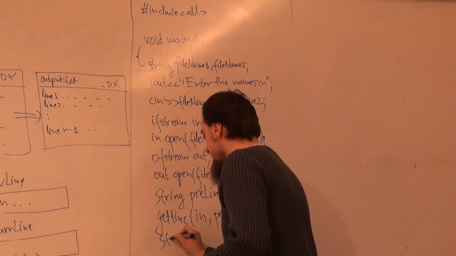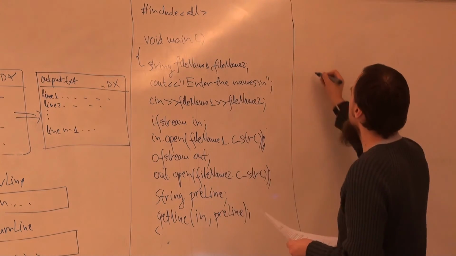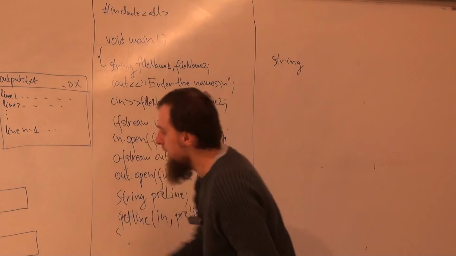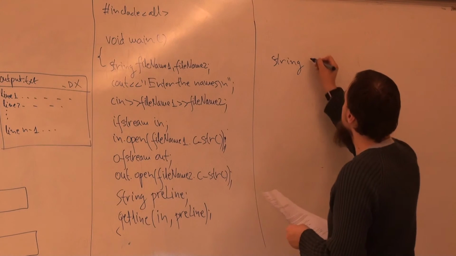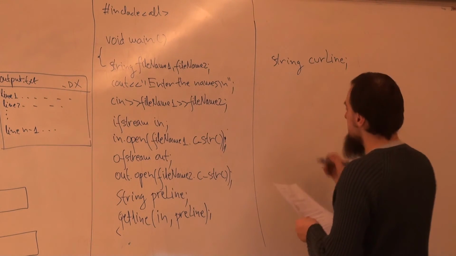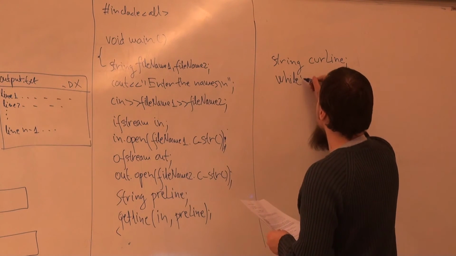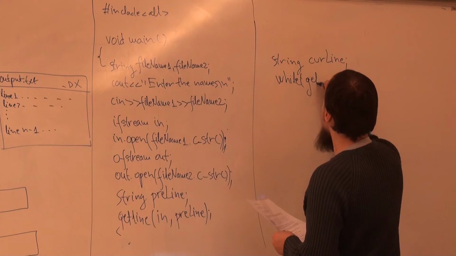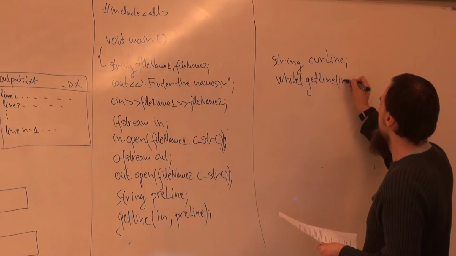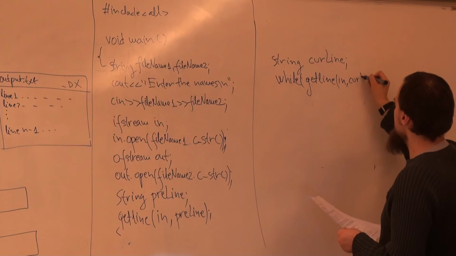Then I define another string, which is called current line. And this is what I'm doing. If I can get a new line, while getLine from the input file, and I put the text to the current line, if I can do this,